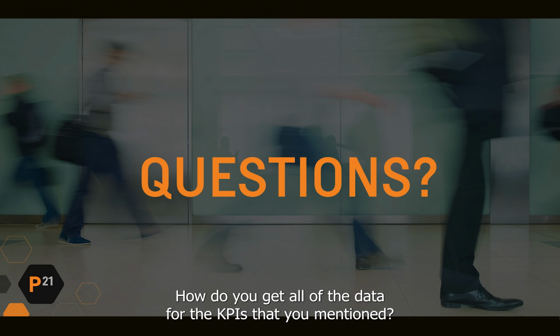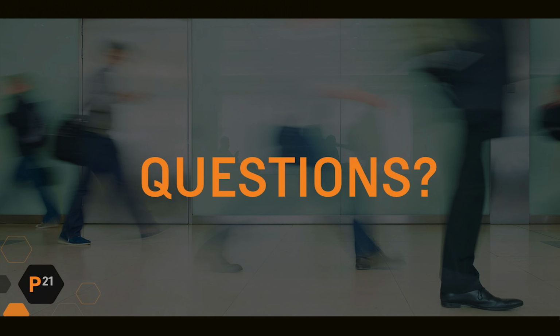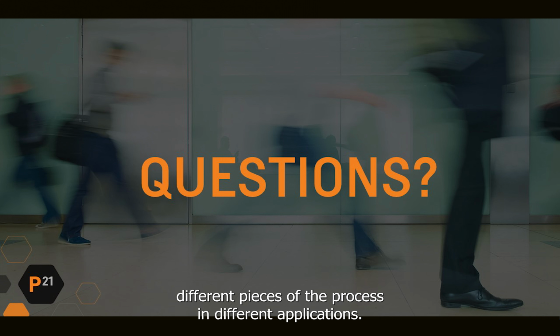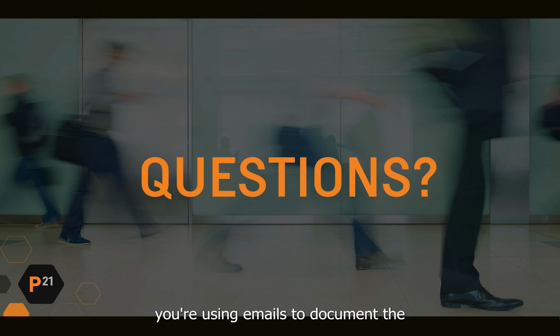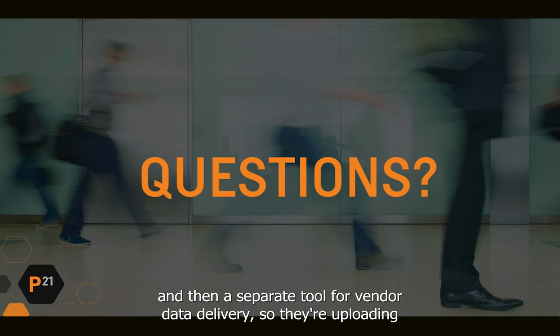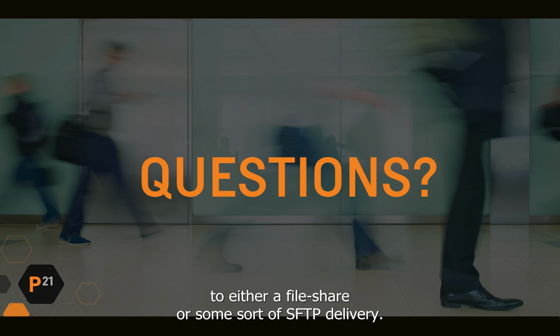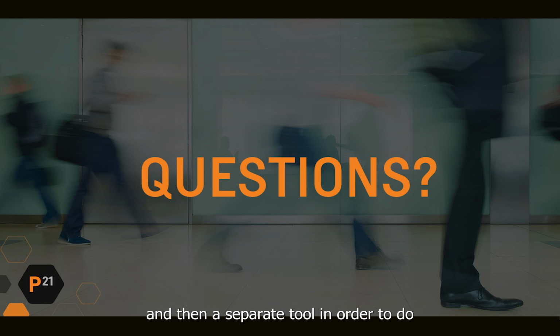How do you get all of the data for the KPIs that you mentioned? That is very difficult to do when you are doing all of the various different pieces of the process in different applications. So if you have one tool that is doing your specification creation, you're using emails to document the compliance and the agreement with and the finalization of the specifications, and then a separate tool for vendor data delivery. So they're uploading to either a file share or some sort of SFTP delivery. Again, especially if you're using multiple ways of those data files coming in,